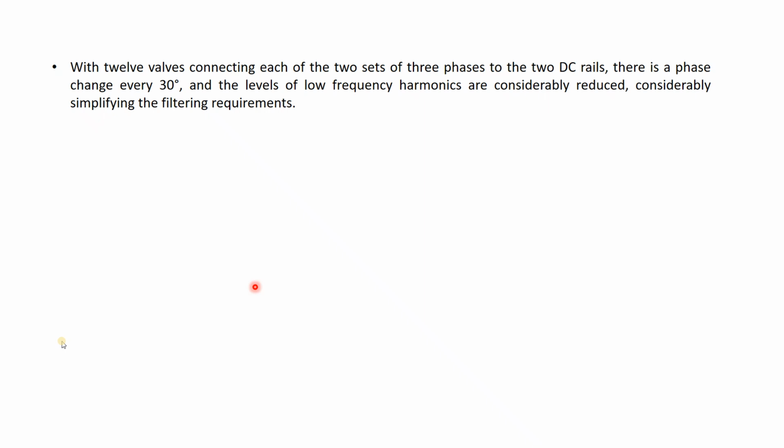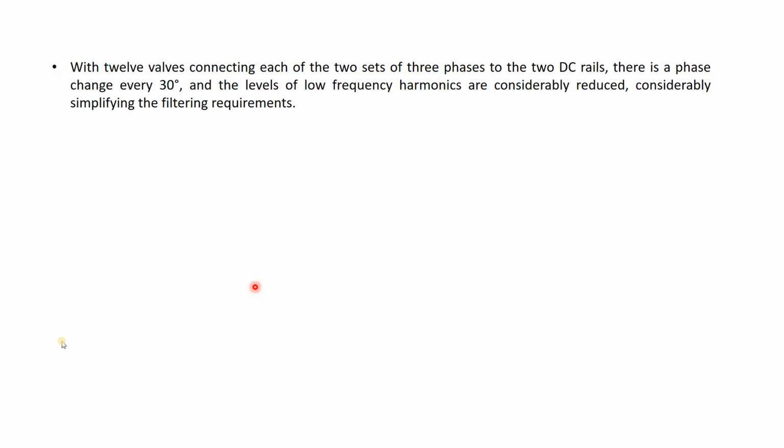So for a 50 hertz frequency, if I say that it is divided into 12 segments, what is the time period of the 50 hertz frequency waveform? 20 milliseconds. So if you divide it by 12, every particular segment or every pulse is less than 2 milliseconds, isn't it? So for every less than 2 milliseconds, if we are getting a rectification, it is not only smooth but also reduces the harmonics, and when we are using it as an inverter, the DC to AC conversion also becomes smoother.